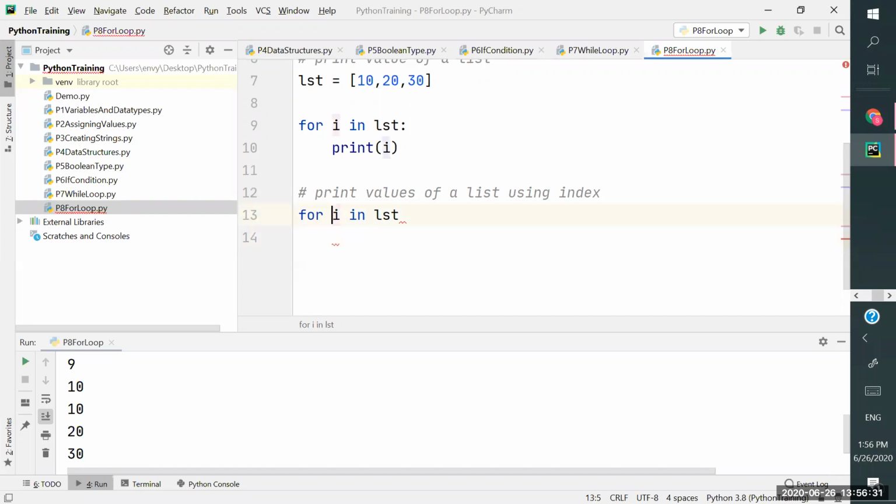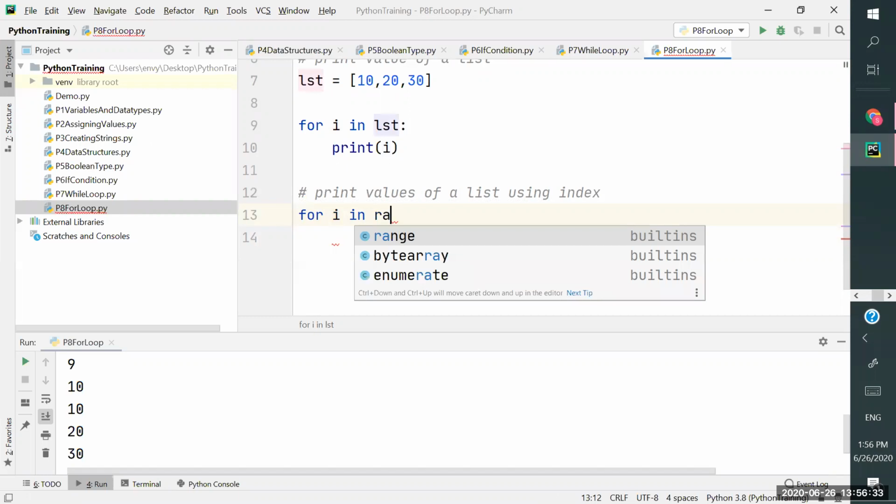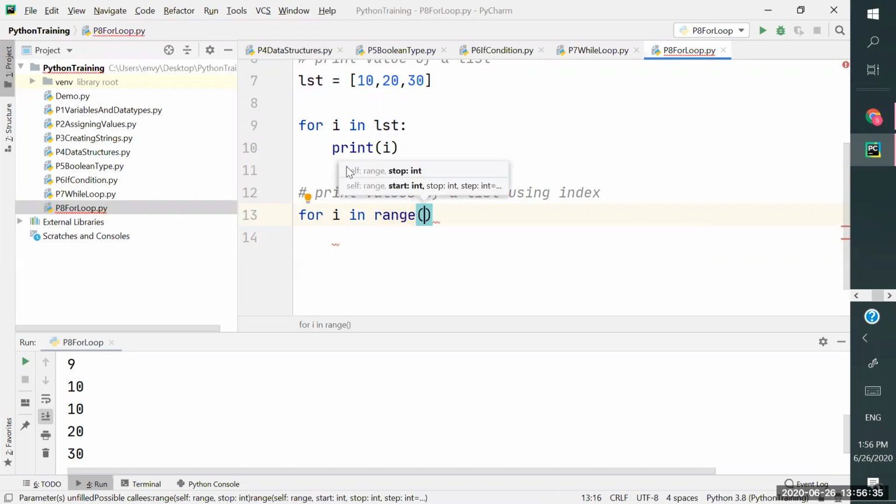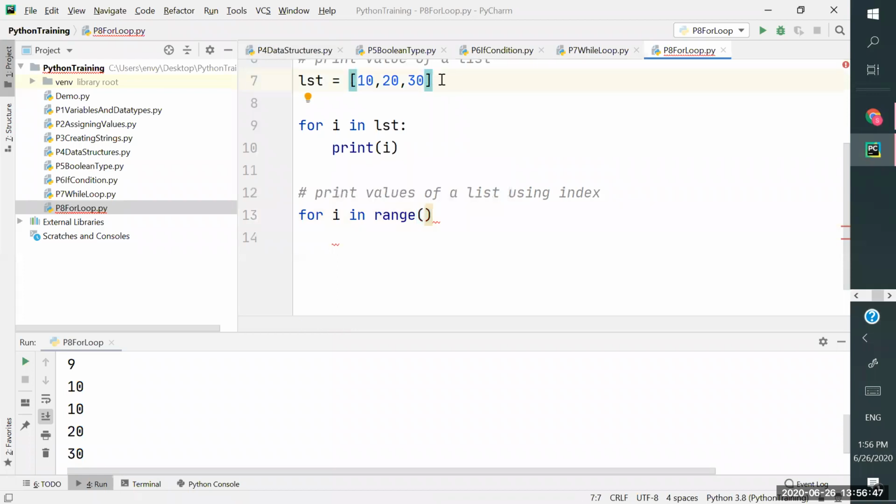That's why I have to use a range, and I will specify what my starting position is. Starting position is going to be 0 by default. And what is my ending position? Ending position is the length, the total length. If I give 3, of course 0, 1, 2, range will navigate over 0, 1, 2. That's fine, no issue. So how to get the length of that list? We already know that.